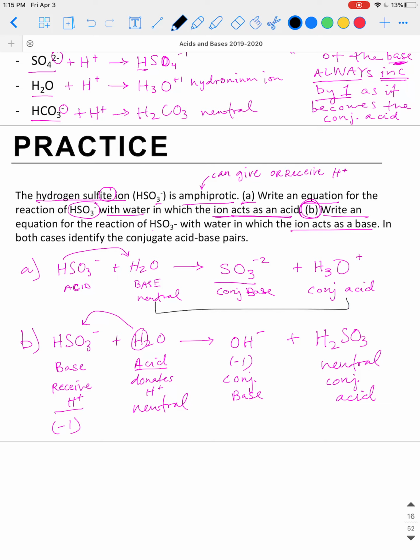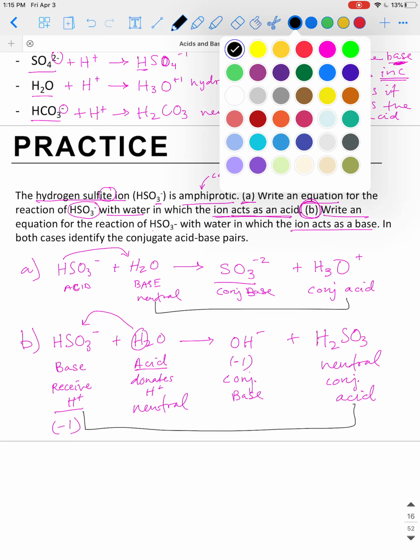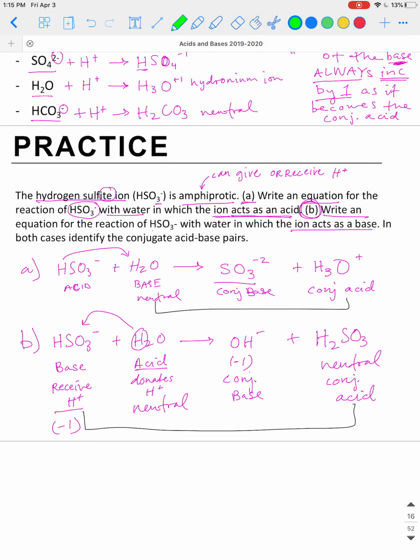If we were to draw a black line connecting the base to the conjugate acid, we would do it like this. And if we were to draw a different colored line, let's do bright green, connecting the acid and the conjugate base, it would look like this. Okay. All right, I think that gets us to a pretty good